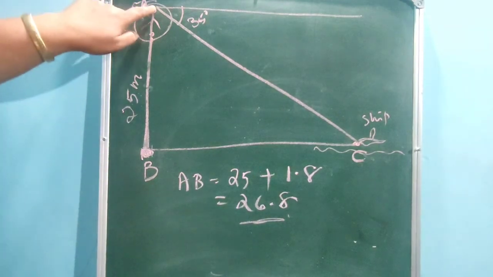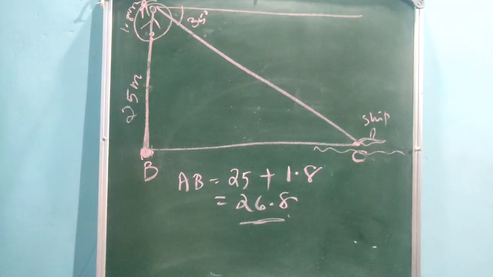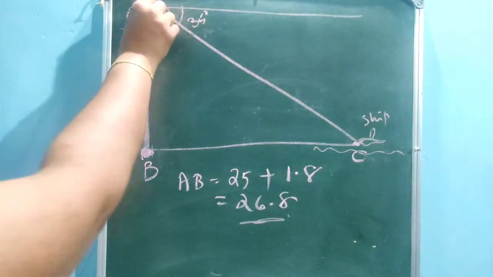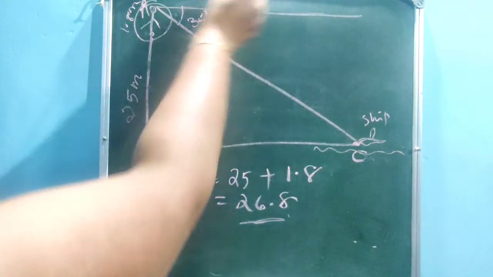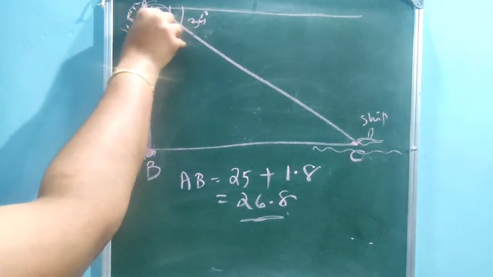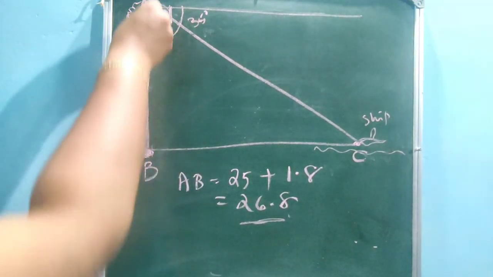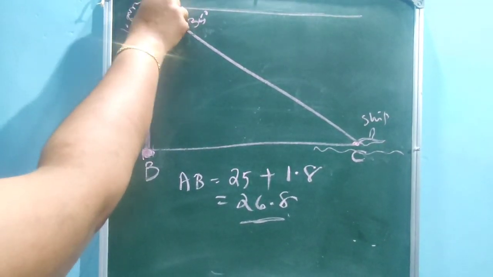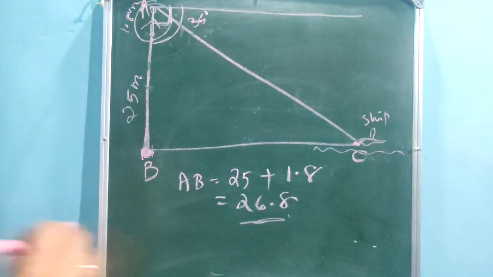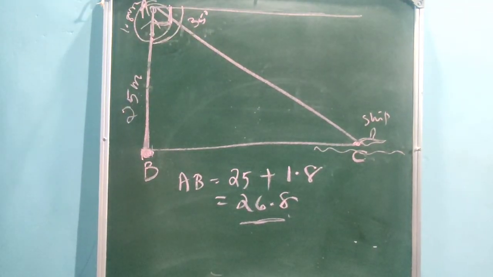And this man sees a ship at an angle of depression 35 degree. See children, this is the straight view of the child, and this is the angle of depression. Then can you find out this angle? What about this complete angle? That complete angle is 90 degree, right? Because our sight and our position are in 90 degree. Our straight view and our position is in 90 degree.